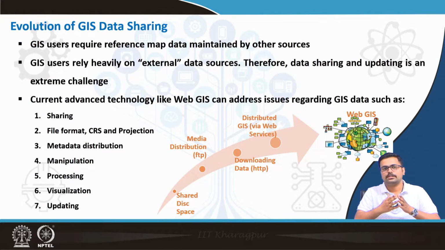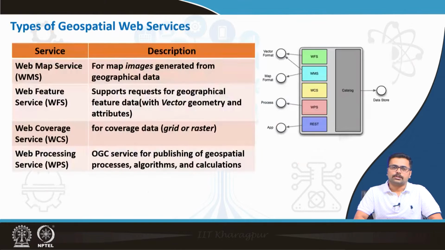Then metadata distribution is easier. You can easily manipulate whether it is a raster or a vector data, and processing of spatial data itself has become very easy after the introduction of WebGIS and other technologies. So you can also visualize up-to-date maps, meaning to say if there is any flood hazard map that has been given out by ISRO, that can be visualized very soon on your web pages. So this is also one of the components of WebGIS, and finally updating of various layers is very easy with the help of current WebGIS technology.